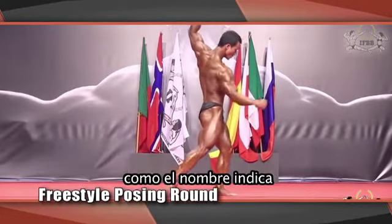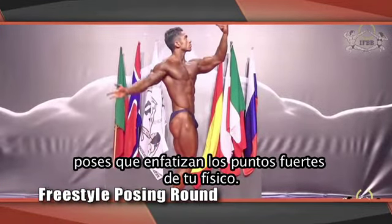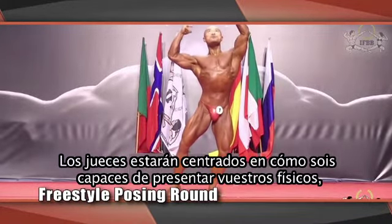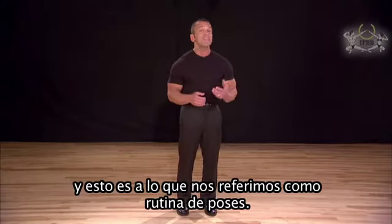As the name implies, freestyle posing gives you the opportunity to show the judges poses that highlight the strong points of your physique. The judges are going to be focusing on how well you're able to present your physique, showing both your muscular development and symmetry. During the freestyle posing round, you'll be performing 10 to 15 of your best poses, and this is referred to